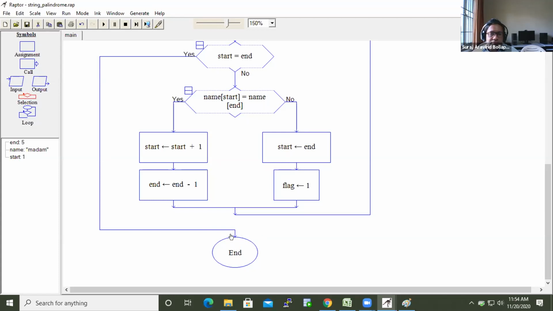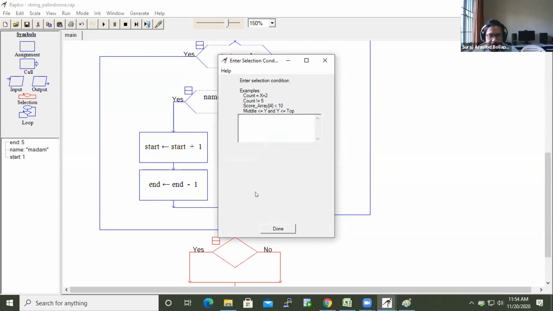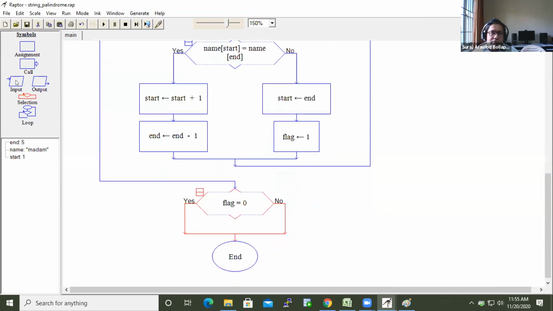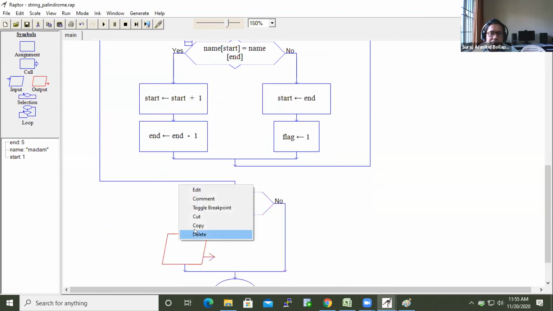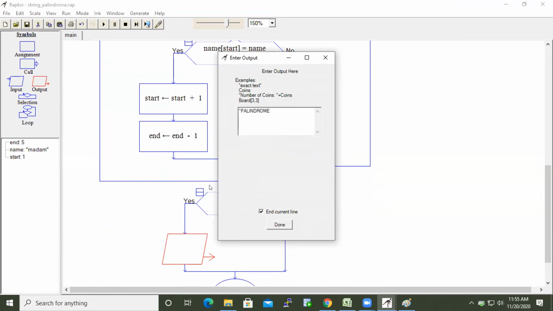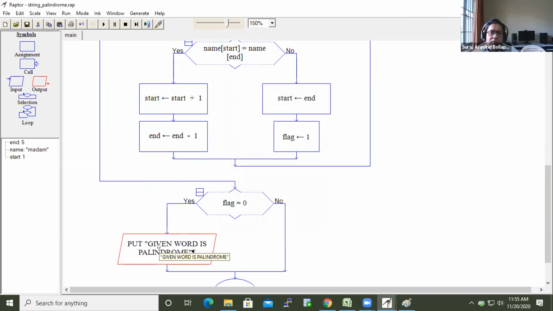Selection. If flag equal to 0, flag changes to 1. It is flag equal to 0. It is palindrome. Given word is palindrome. Else the given word is not palindrome.